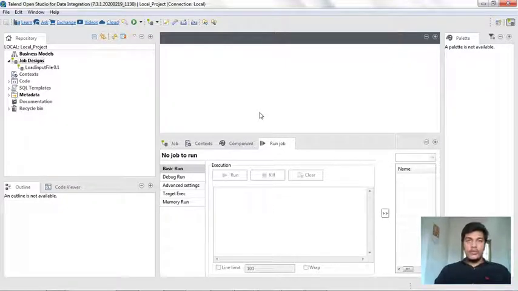In this video, I am going to explain one more component in Talend Studio, which is the tFileInputXML, mainly used to load the data present in an XML file in our local system to the component in Talend Studio. I am also going to explain how to load the data from an XML file and print it in our console. Now, without wasting any time, let's dive into the topic.